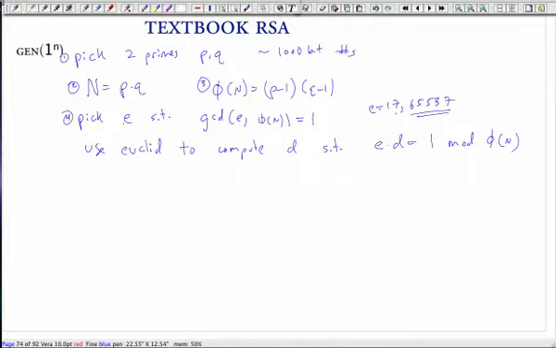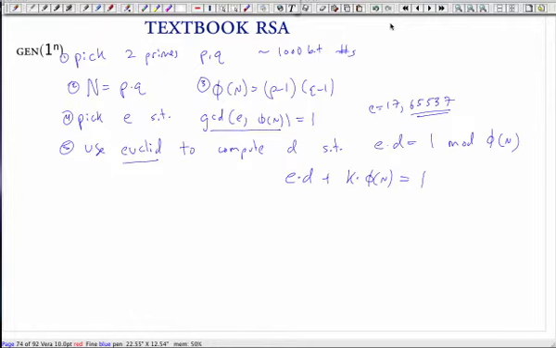So typically you pick that to be some prime, and then since it's prime, the GCD with phi of n is very, very likely to be, in fact, almost is guaranteed to be 1. And then you can use the Euclid algorithm: since the GCD is 1, you know that there has to be a number D such that E times D is going to be 1 mod phi of n, right? Because Euclid tells us that there's some number like this that is equal to 1. So these are the 5 steps that you need in order to pick an encryption key.